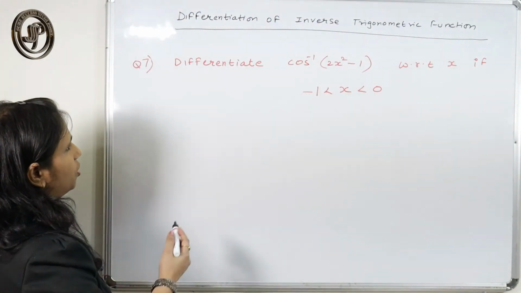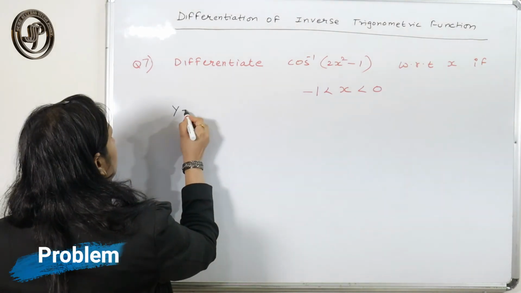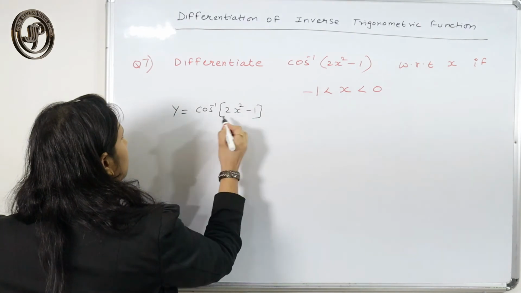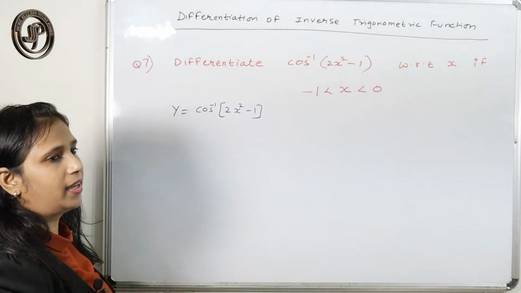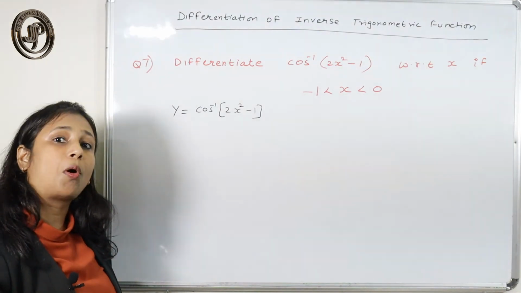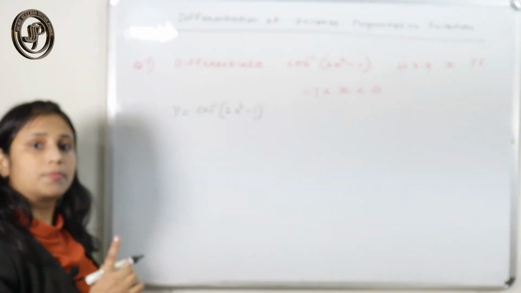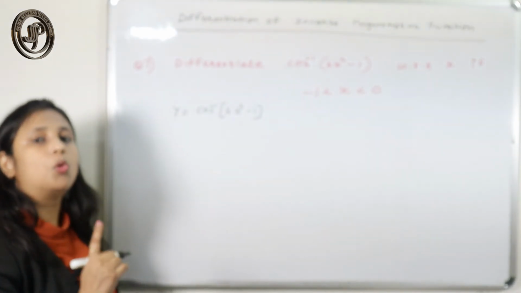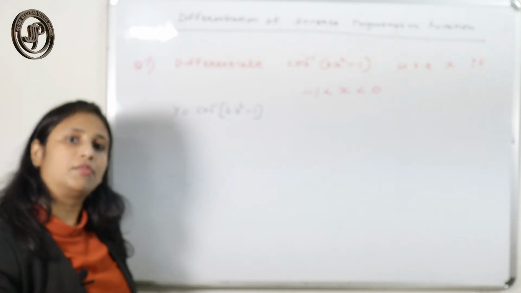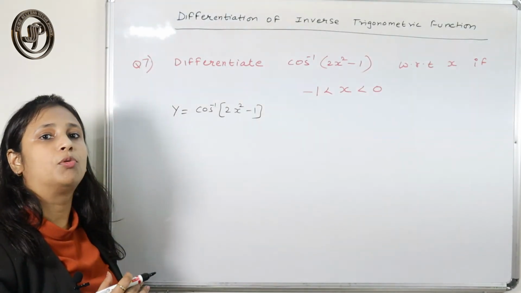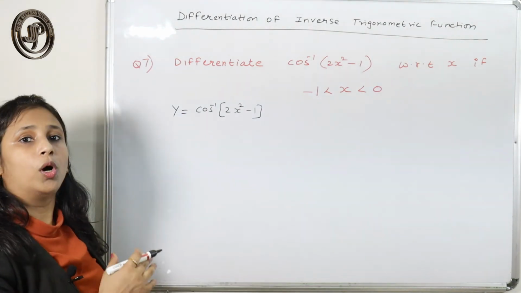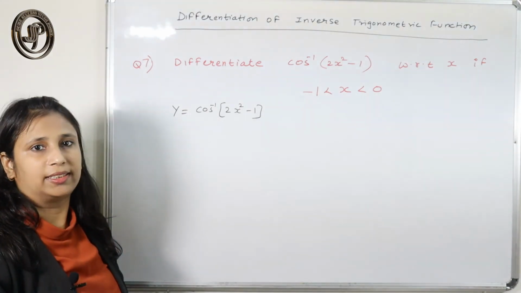Now we have this question. We have to differentiate cos inverse of 2x squared minus 1. So here in this case, what should I substitute in lieu of x? You know there is a formula for 2 cos square x minus 1. The special formula that I told you at the start of today's lecture, related to class 11, you just have to memorize it anyhow. Then only you can think about what we should substitute for x.